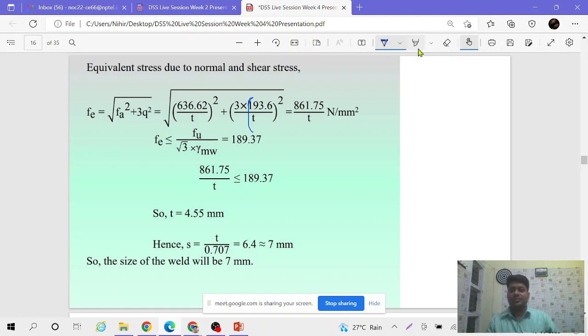Sir, the value was roundabout 5, I think. S is equal to 6, sir, after the calculation. So you are saying that it will not come 6.4, it will be 6. Yes, sir, if 3 is not taken inside the square. Okay, so when we remove it from the square, then it will come 6. Earlier, the TAs who were doing this TA duty calculated it like this, so that is why there is some error.